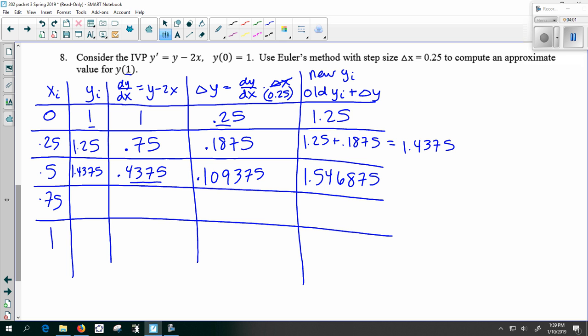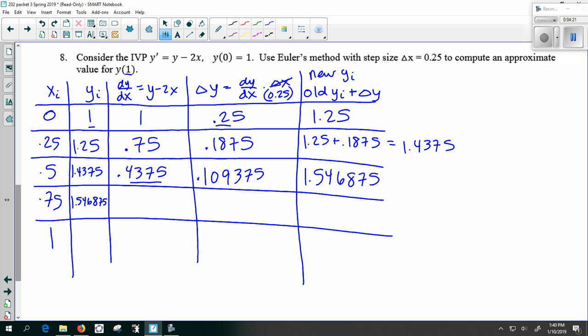So that comes out to 1.546875. Notice I'm not rounding anything. I'm keeping every single decimal place that my calculator is spitting out. And I want to do that until the very end. I'm not going to round anything because rounding errors can compound. So I'm going to write that number down here,